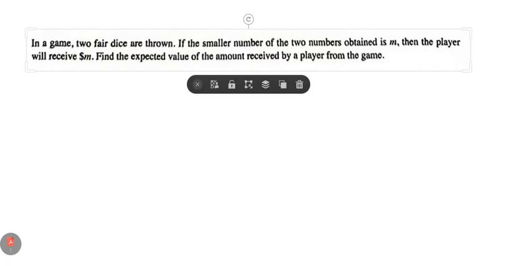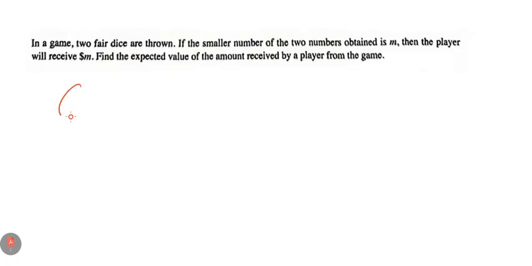Okay, so let's try to identify it here. Since we have two dice drawn, there are going to be 36 outcomes. First, we have 6 times 6. Since this is two dice, that's going to be 36 of them. When two dice are rolled, each outcome is equally likely, out of 36, and we're going to define